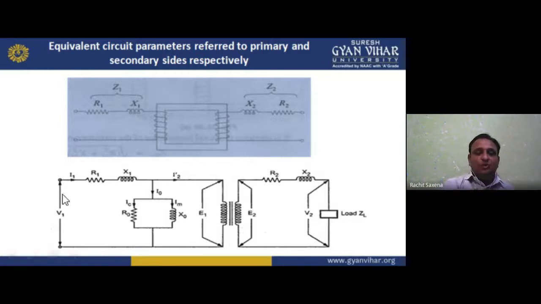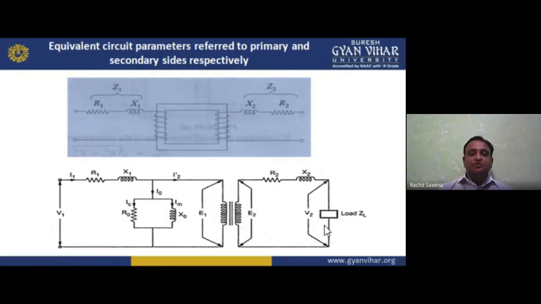That is why it is shown here that the I1 current is divided into two parts. I2 dash counterbalances the I2 current, and the flux created by I2 dash is phi 2 dash, which also counterbalances the flux of I2, that is phi 2. So we have the current component divided into two parts: the copper loss component and the magnetizing component. So R naught and X naught, and we have R2 and X2 here, and we have the load, that is V2, and the load is Zn. So I hope you understand.